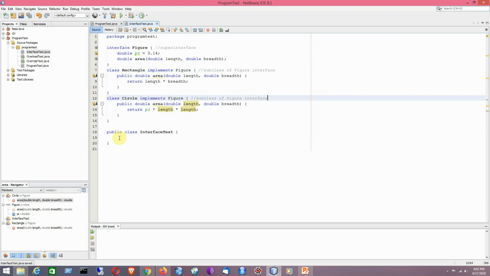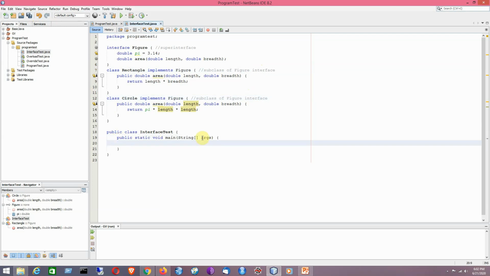Now I would like to create the main method from where I will be creating a reference of the interface named figure. As I have told before, the similarity between abstract class and the interface is that they cannot have objects, but they can have object references.